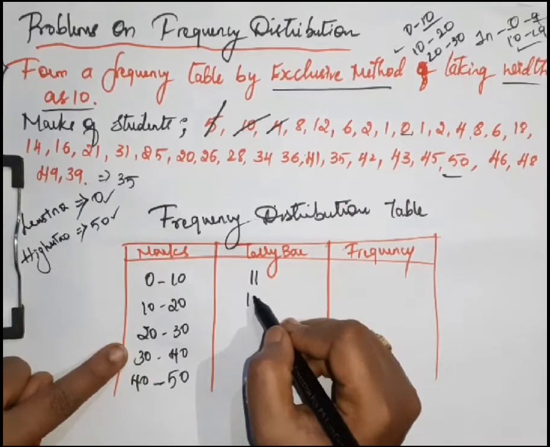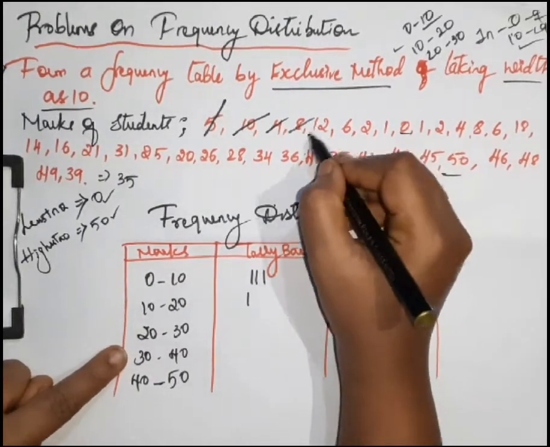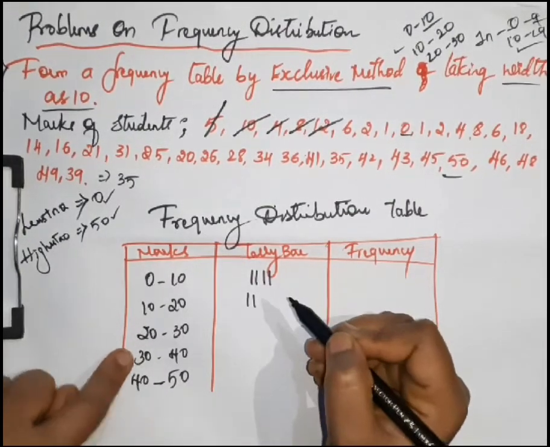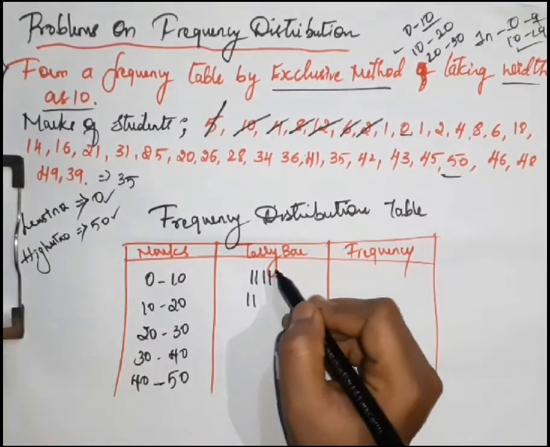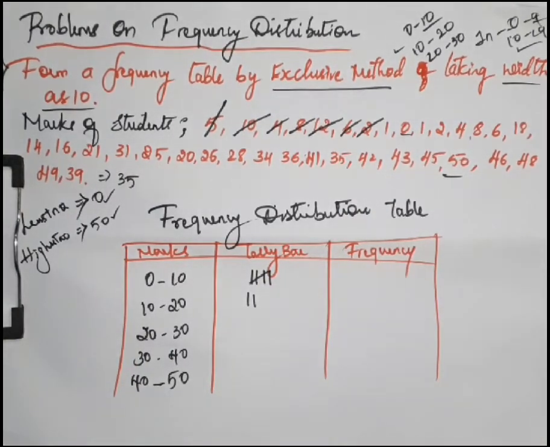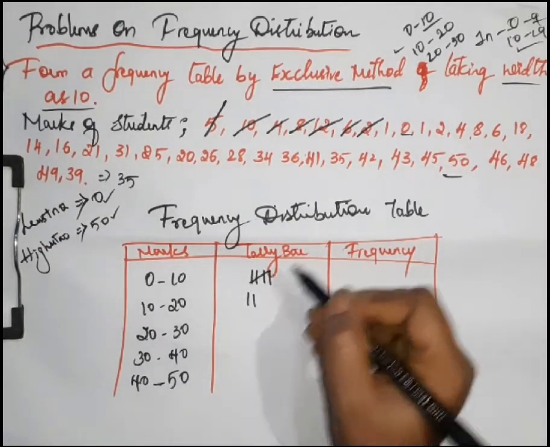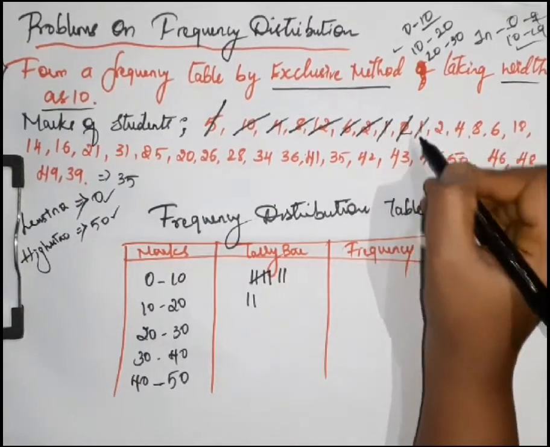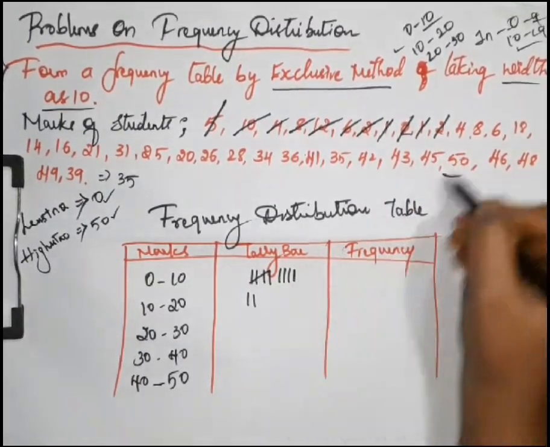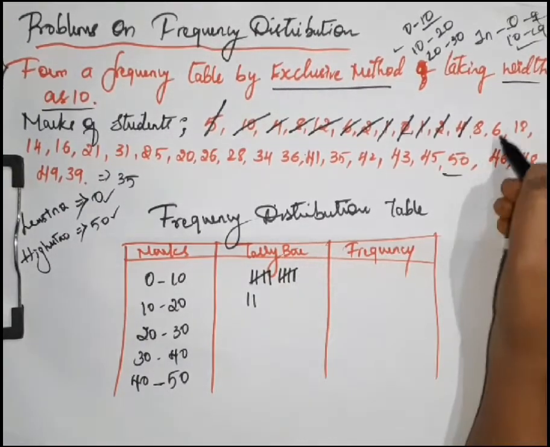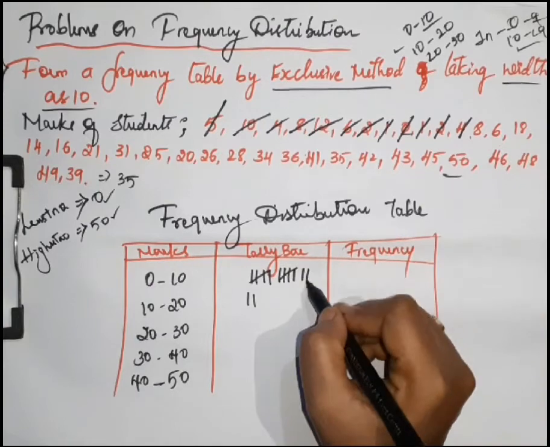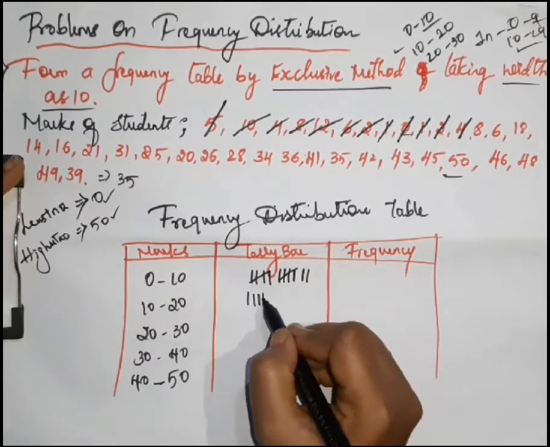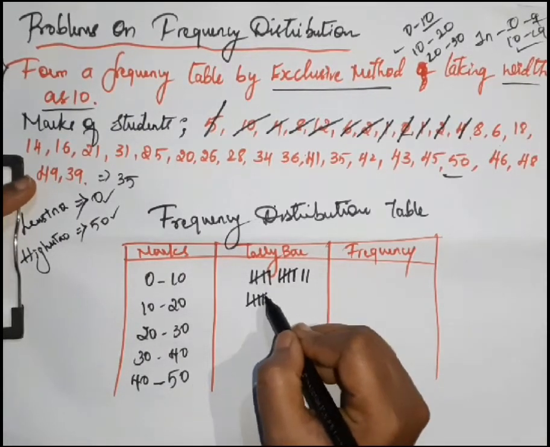We have 8, 8 has to be taken in the first. Then we have 12, 12 will come in the second class interval. 6 will come in the first class interval. 2 we have, 2 will come here. After 4 you have to cross this. For 2 I am crossing it. Then we have 1, again mark it here. We have 0, that also comes here. 1 we have, again 2, then we have 4, cross, then 8, 6, then 18 will come here. Then 14 also comes, and we have 16, cross this.